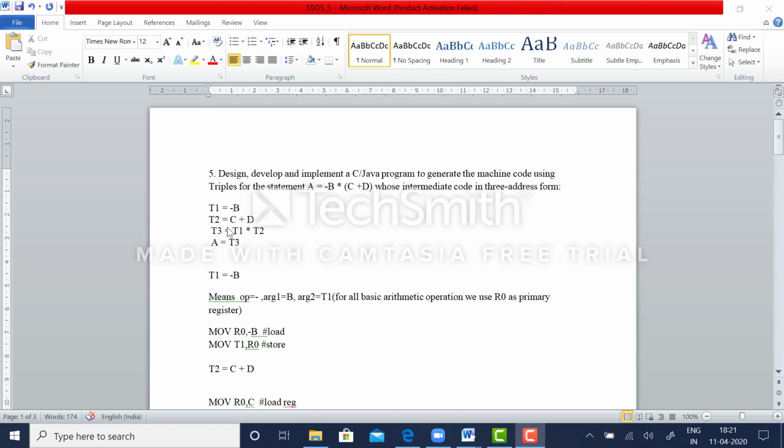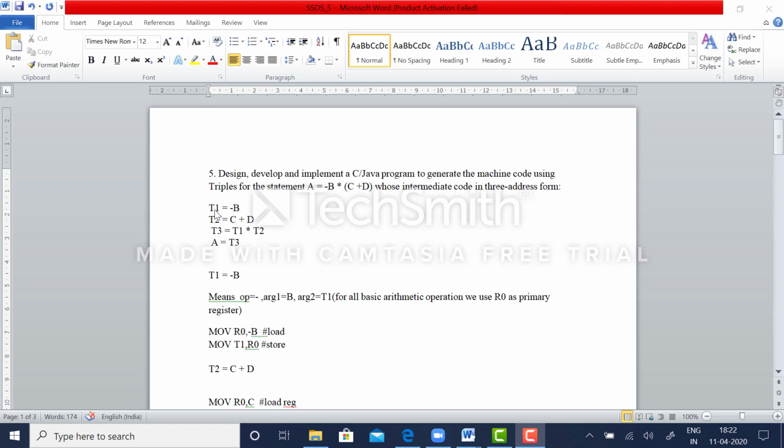Triples, or three-address code, is an intermediate format where the given expression is divided into smaller expressions and then evaluated. For this expression, the corresponding three-address form is as follows. That is, minus b is stored into a temporary variable t1 and addition of the arguments c and d is stored in a temporary variable t2.